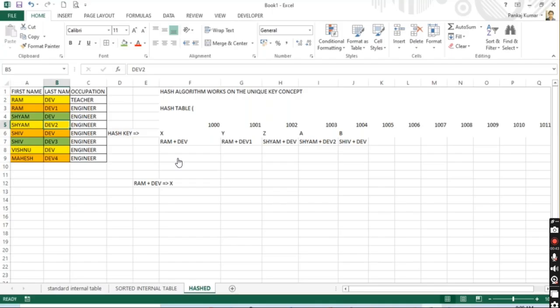Same index can be used in a sorted table as well, but in a hash table you cannot use the index. Because you don't know on which index which one is going to be stored, on which memory address what is going to be stored. It is going to be defined by the key, so you have to supply the key in order to